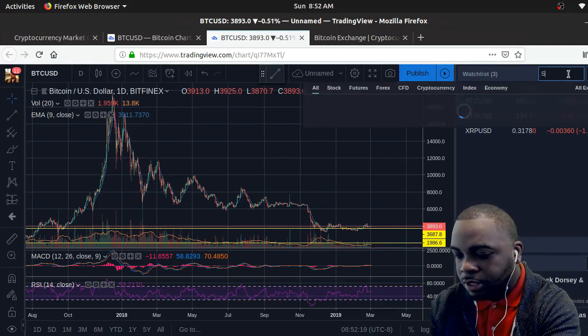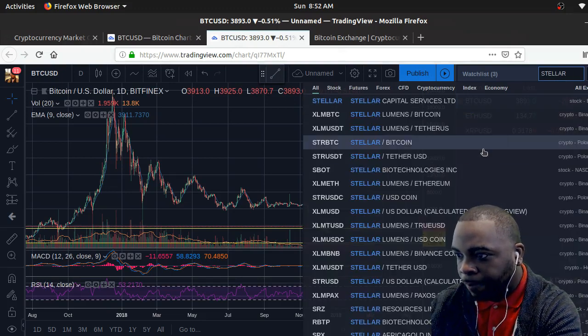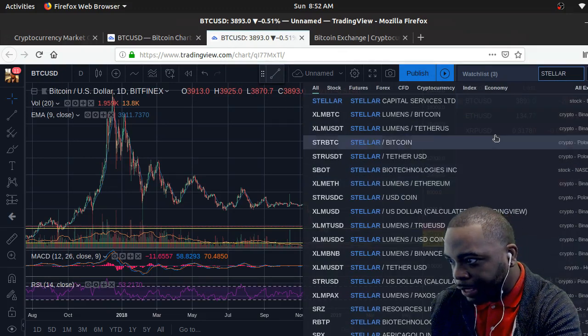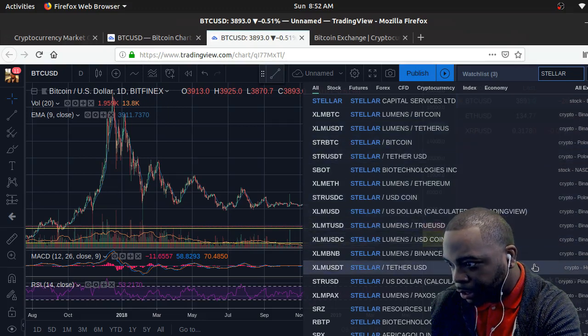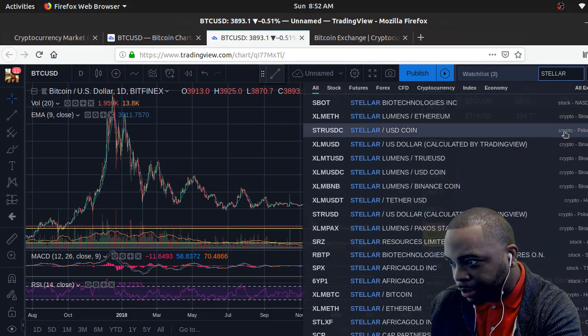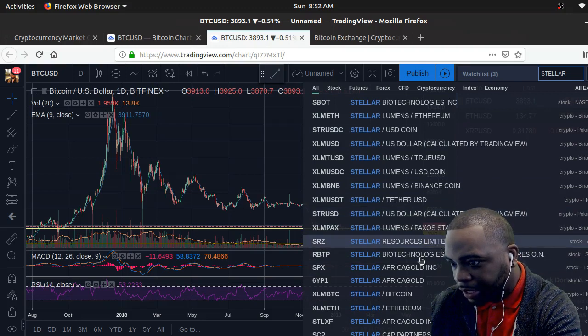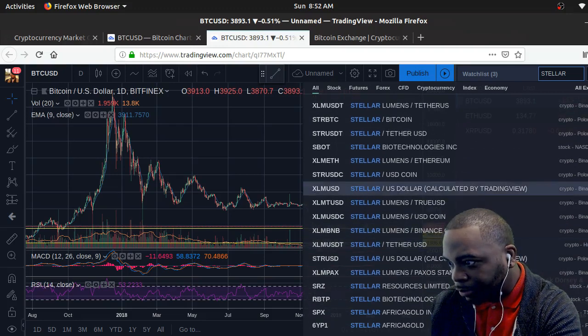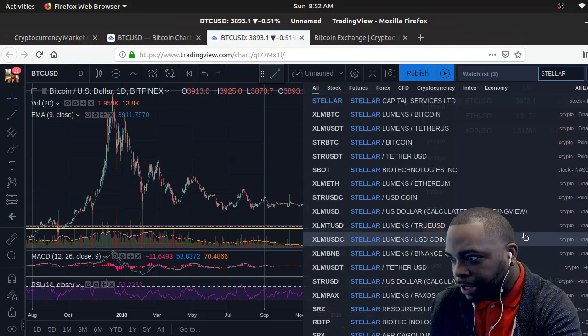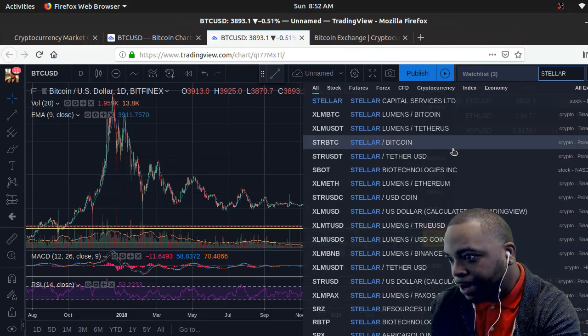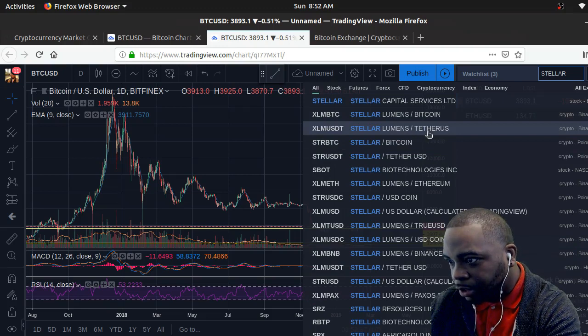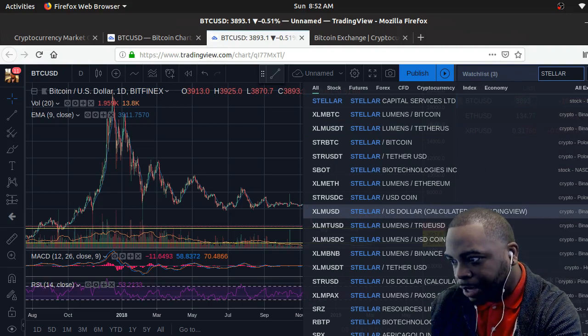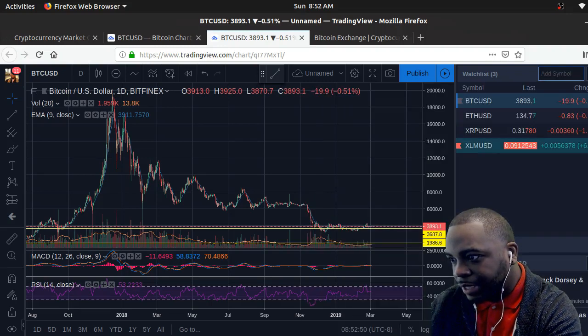Stellar, right? That's another one we're going to add to the list here. So Stellar USD coin. I'm looking for Bitfinex here. Sometimes as well, you're not going to see that exchange listed. So Stellar doesn't have Bitfinex as an exchange here. So the next best one is to use Binance, in my opinion. So Stellar right here, Binance. I could use this one, but I'm just used to dollar, right? So I'm gonna just use this one. Stellar USD dollar calculated by TradingView and Binance. So I'm just gonna go ahead and select that one,